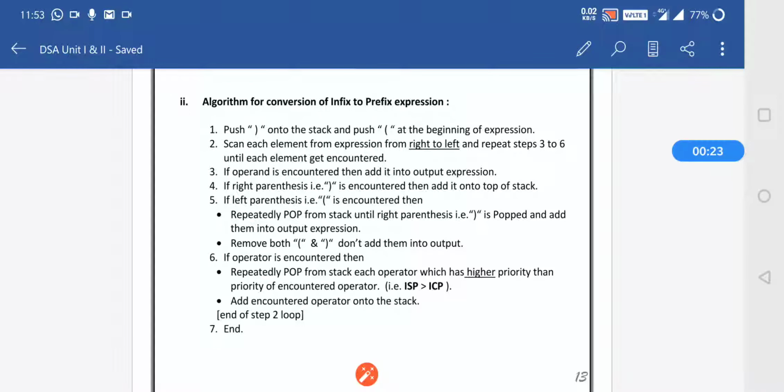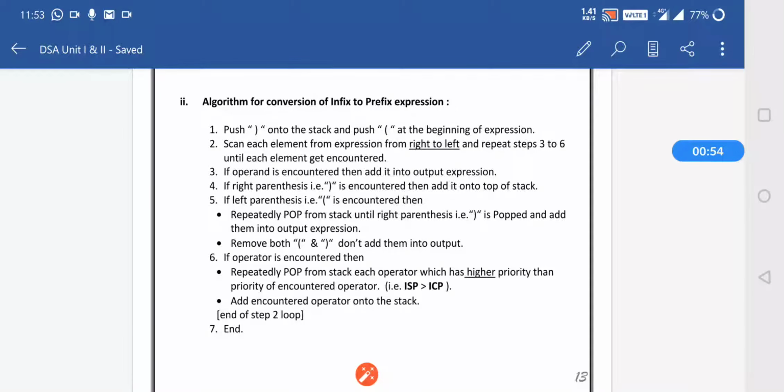Whenever we are getting any particular parenthesis, we will move it into the stack, which will be the part of the stack, but it will not be the part of the output. We know that whenever we are converting the expression into any prefix or postfix expression, we have three parts: input, stack and output. So whenever a parenthesis is encountered, we will move that onto the stack and then we will start with the expression.